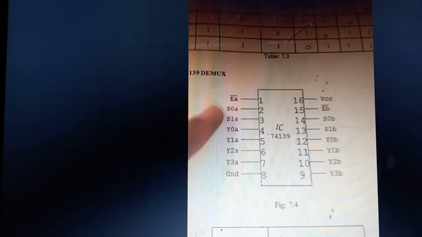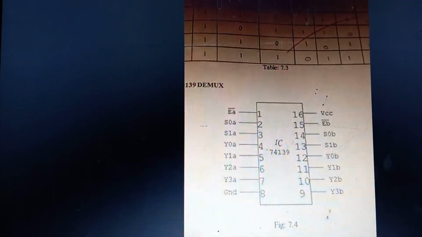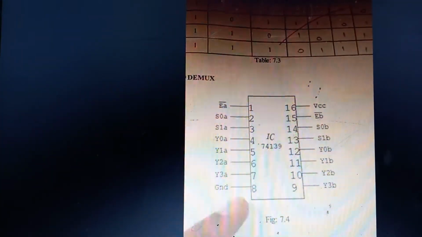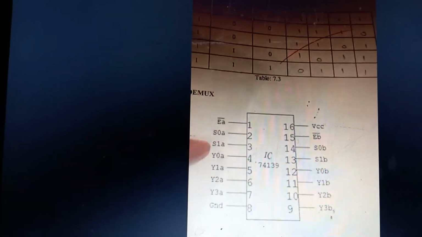So students, this is the demultiplexer IC, that is 74139. So we are using the demultiplexer in this IC. The connections are the same. Pin number 8 is grounded, pin number 16 is VCC. The selection switches are different, and these are the four outputs. So I have connected this in the circuit. These are the four outputs, A, B, C and D, and these are the two selection switches, S1 and S2, and these are the connections of the ICs.